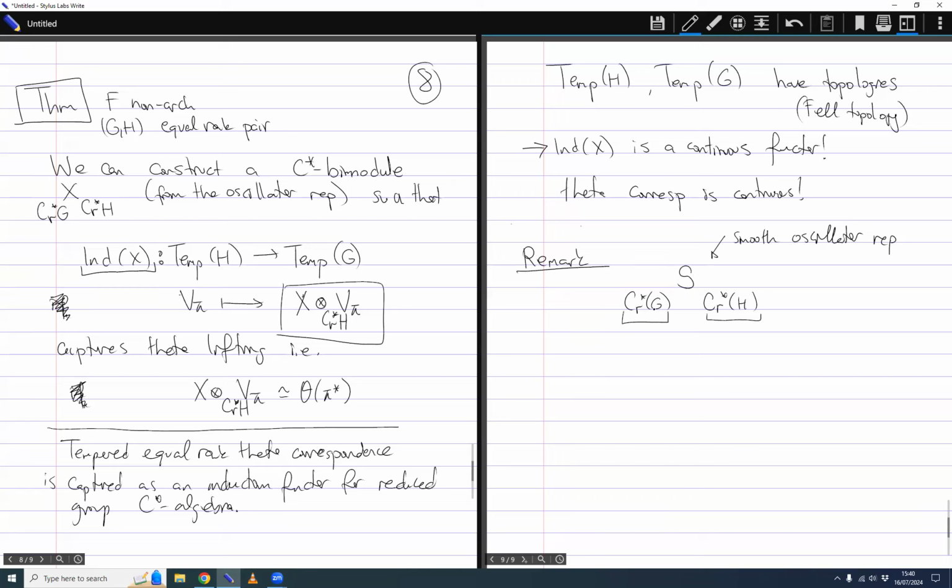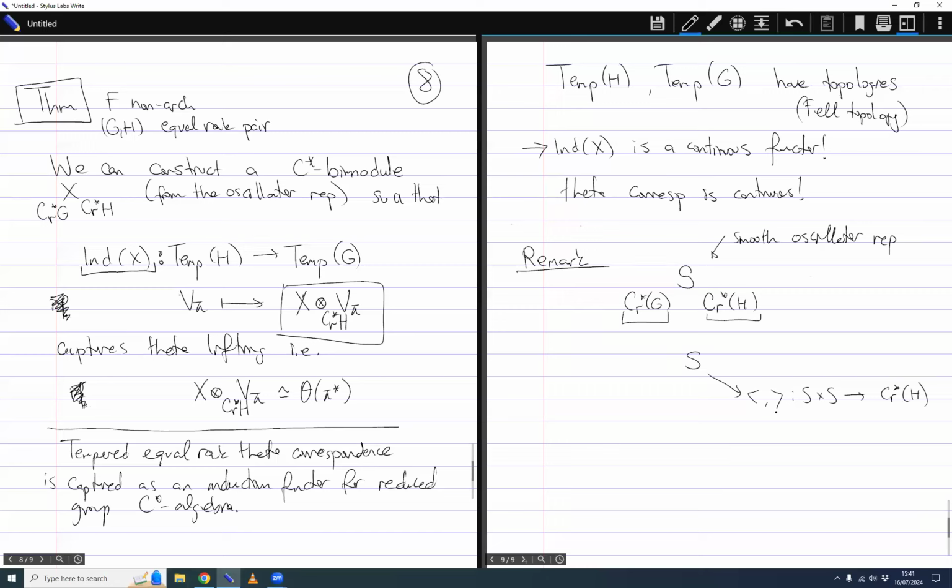So these oscillator representations for G and H need to be tempered. So you need information about the growth of matrix coefficients of this oscillator representation, and these things are in the literature. We are using a lot of facts about the oscillator representation from the literature to build this up. So this is a tempered representation so that the reduced group C-star algebras act, but it's not just a bimodule in the algebraic sense of rings. You need to equip this with extra structure: a Hermitian form that lands inside the